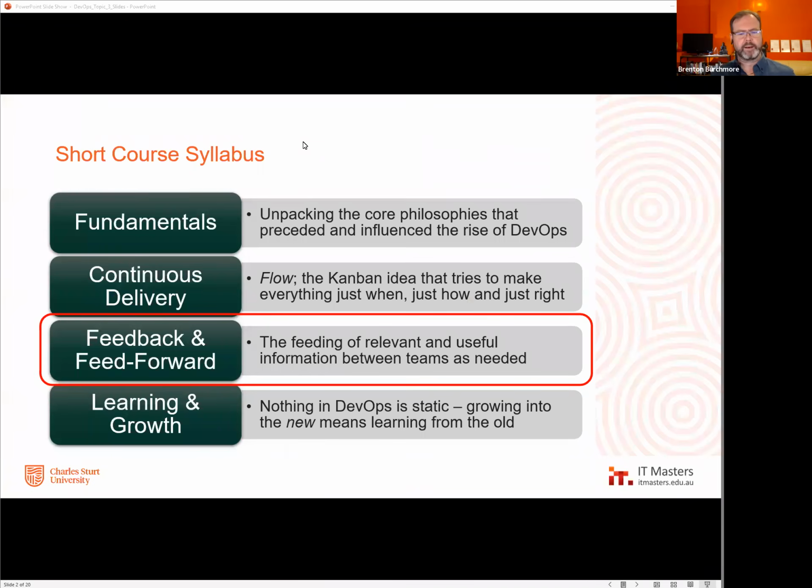So we are talking about between the teams, but there's a fundamental flow and tide of information that does tend to happen as a result of the DevOps paradigm. And we're going to explain that along the way as we go.